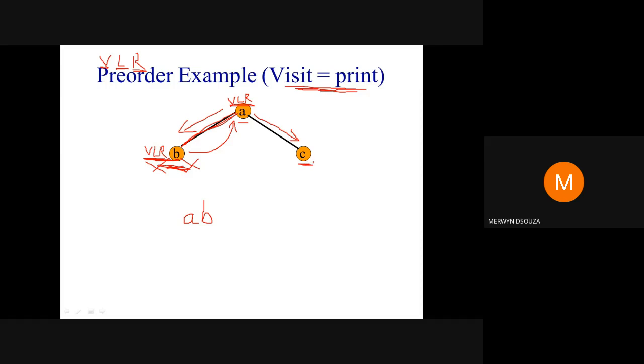The moment you reach a new node, again you will start from the first step. So you will say visit. Whenever you say visit, you will write the value in the output. Okay. Then perform the second step. Try to go left. There is no left, but since you perform the step, write it down. Try to go right then. That is the third step. There is no right subtree, but you perform that step, so write it down.